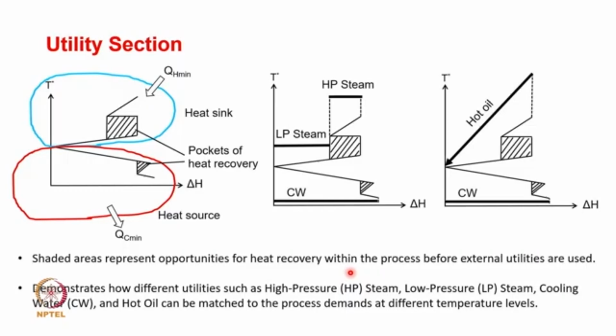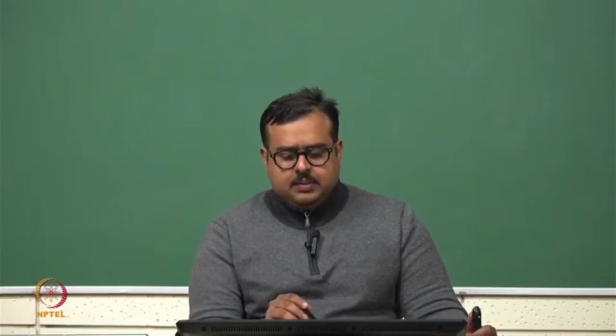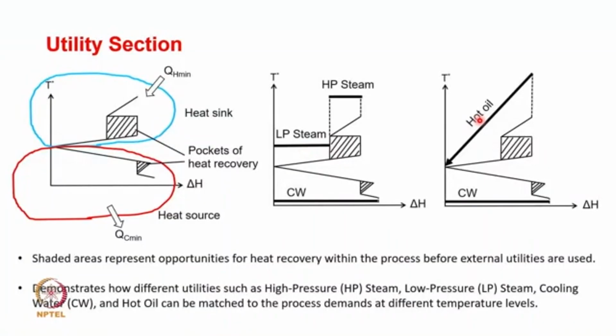And how can you do this? The hot utility can typically be an LP steam, or even a hot oil, and typically the cold utility will be mostly a cooling water stream. So once you have decided upon the utility to be selected, then now we can